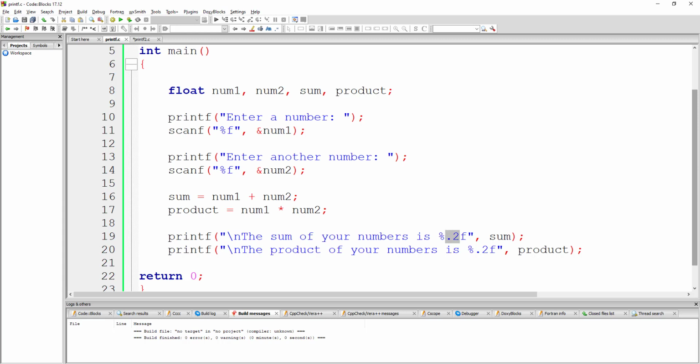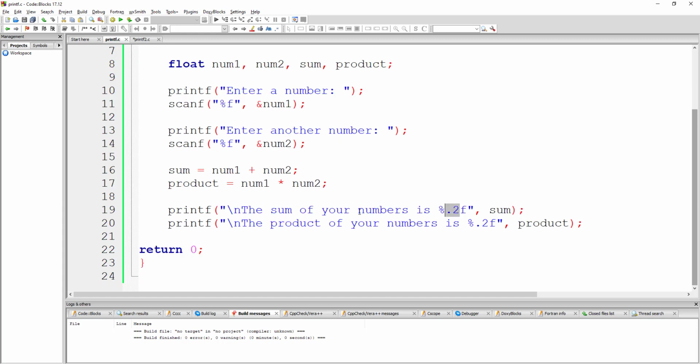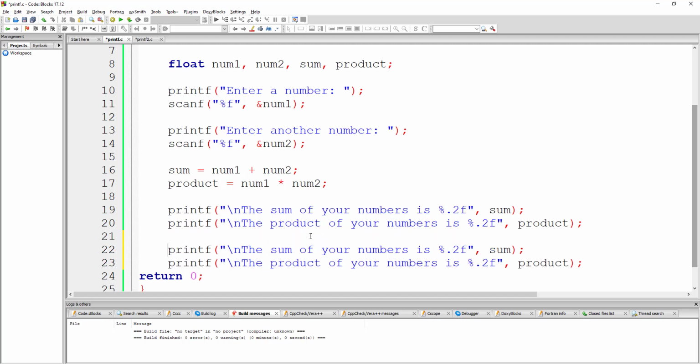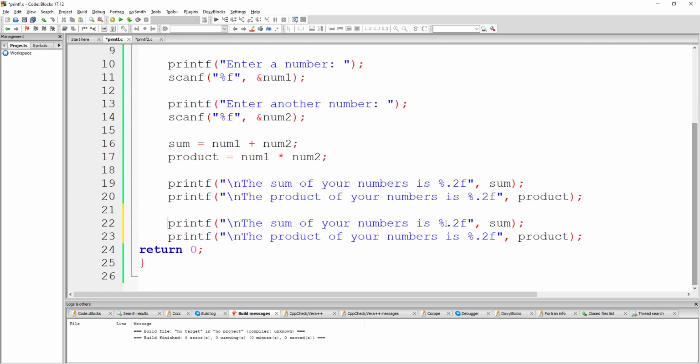Okay. So the next thing that I would like to do is to show you how you can change up these numbers. So I think what I'm going to do is copy these 2 lines, and we're going to paste them. Okay, so we're going to see the numbers again, but I just want you to see the differences. Okay. So in this case, if I put a number, say, before the 2, such as an 8,